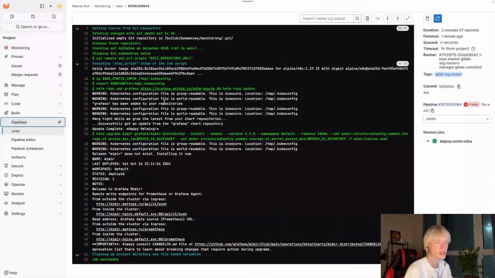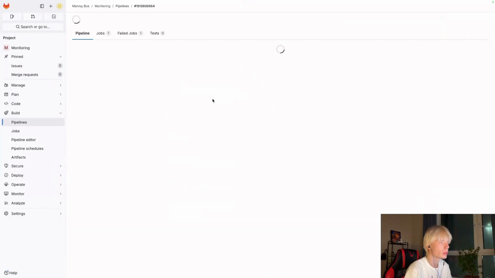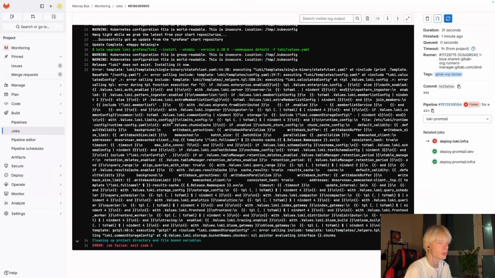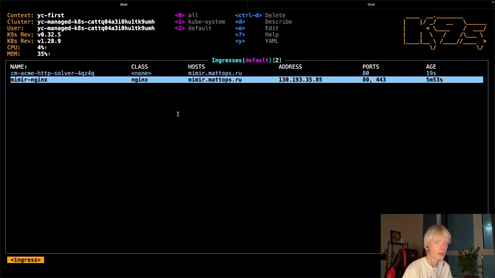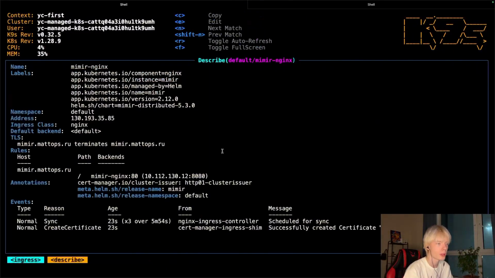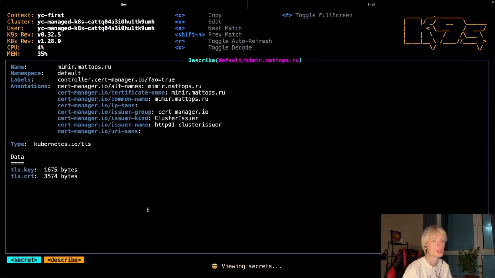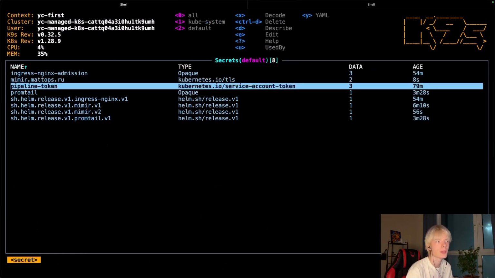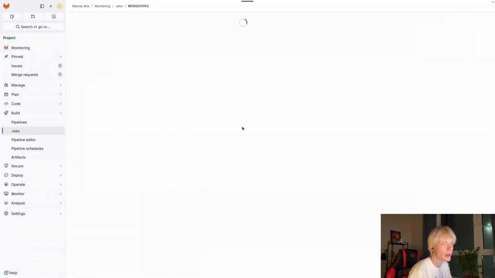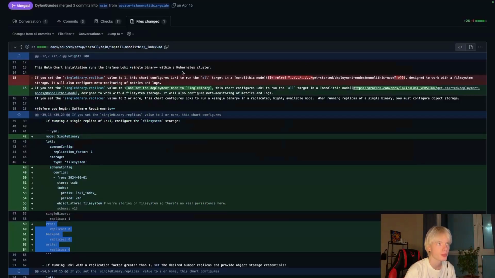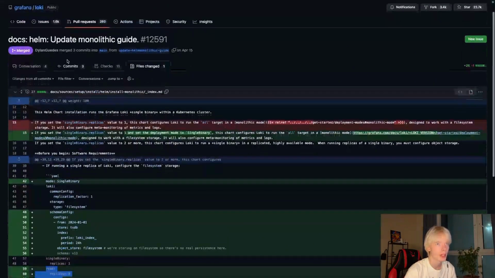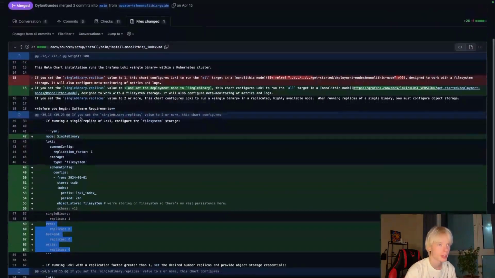And as you can see, there is a problem with Loki. There's a problem based on the common storage config. Okay, as we can see, the certificate for our ingress is created. Successfully created certificate. So we can see here, yeah, there is a cert, so that's fine. But Loki failed. Maybe there is a problem with my values, and there is an issue on GitHub about the Loki Helm chart, and here we can see